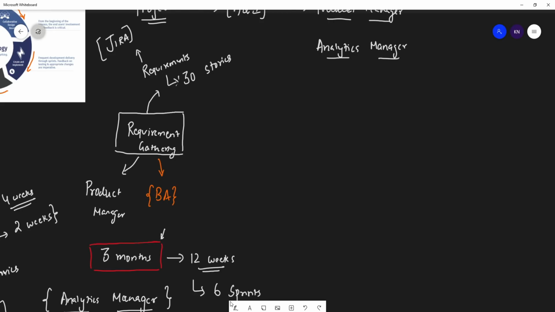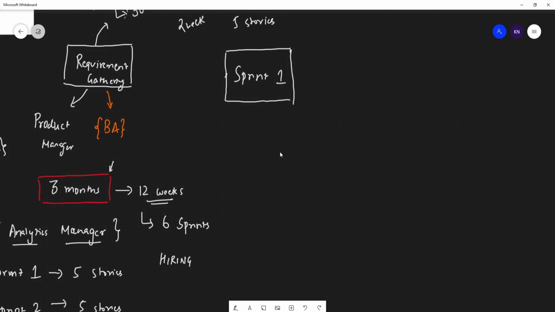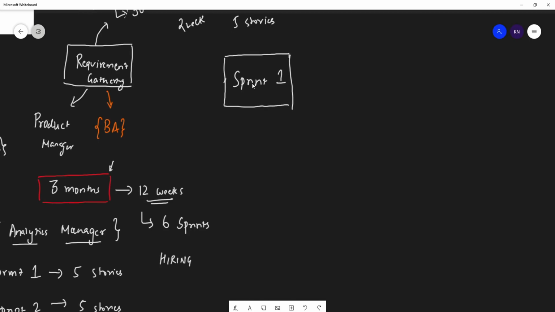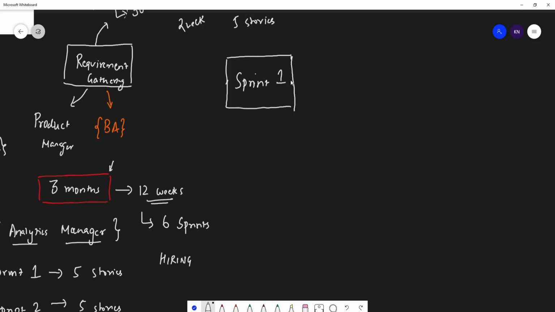Now suppose one sprint has actually started, because we also need to do something like continuous integration and continuous development, right? Suppose in sprint 1, which is of 2 weeks time, there are 5 stories that need to be completed. Suppose it has been completed in sprint 1. Now what is the next step before going to sprint 2? Once all the stories in sprint 1 are completed,